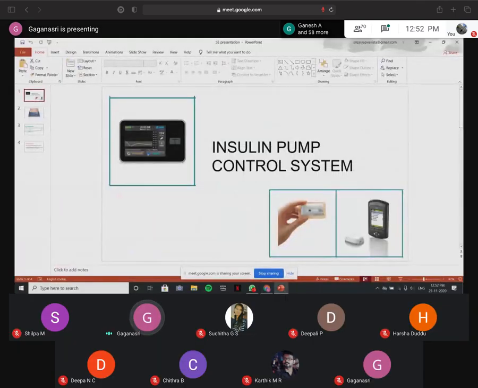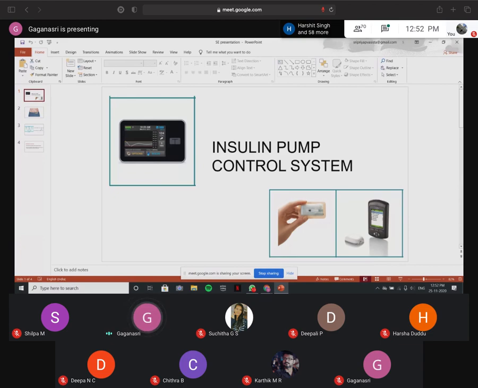Now I'll be talking about the insulin pump control system, which is one of the important case studies to illustrate software engineering concepts. We know that the software system used here is an embedded system, which means it contains a combination of both hardware and software, which means software is controlling hardware here.